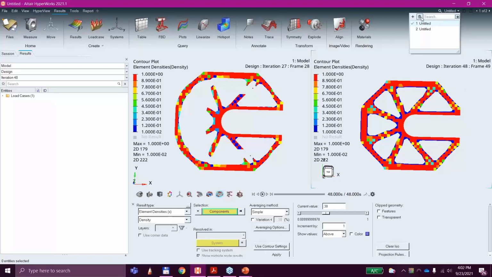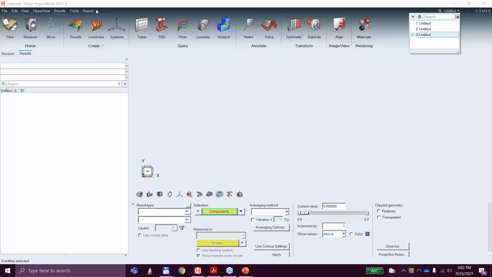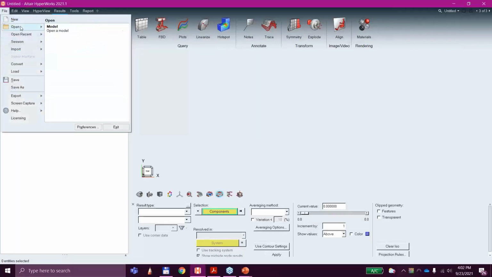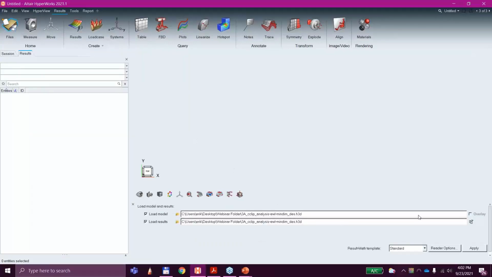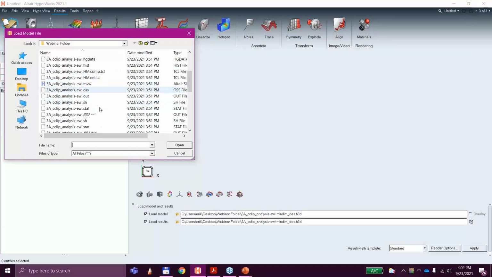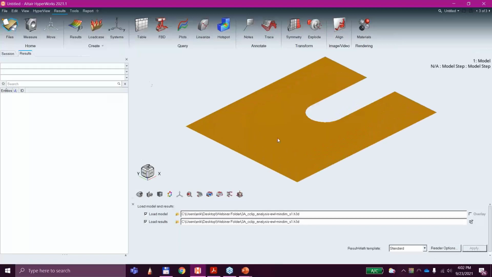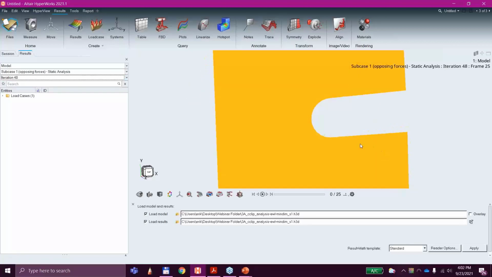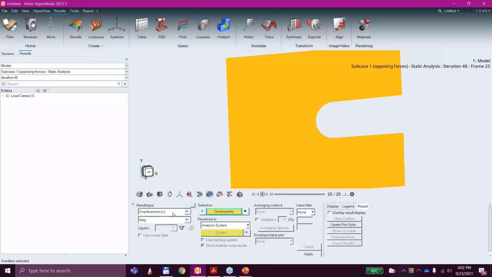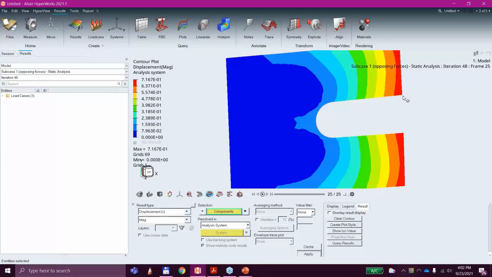And to verify that, I'm actually going to add another window here. So I'll come to 3. I'm going to come to File, Open, Model. And I'm going to come back to my min-dim, but as opposed to the des.h3d, I'm going to pick the s1.h3d, click Apply. You'll see this one just has the 0 and has the 48. So I'm going to pick my 48 frame here. I'm going to click Contour, Displacement, Apply. And if I now come here